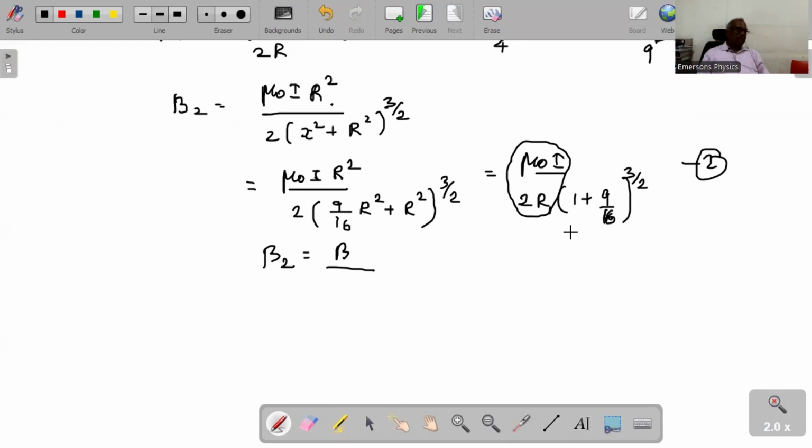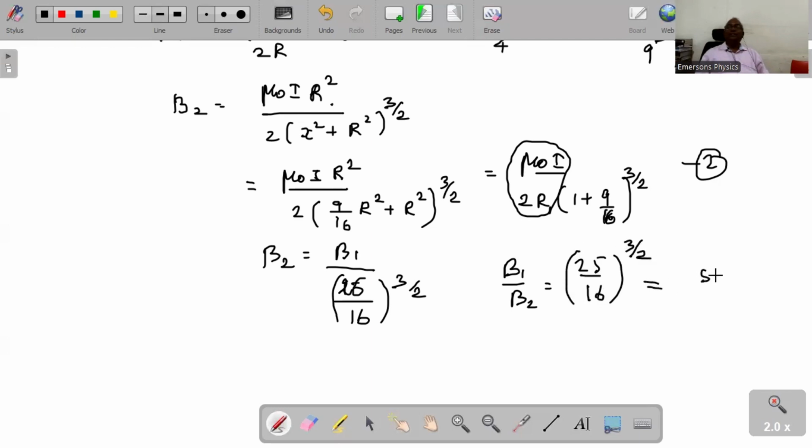So approximately 17 plus 9, 26 by 16 to the power of 3 by 2. Okay, we wanted to find out B1 by B2. But this is B1. B1 by B2 is equal to, cross multiply, approximately 25 by 16 to the power of 3 by 2,